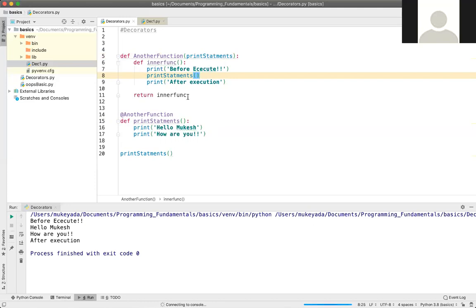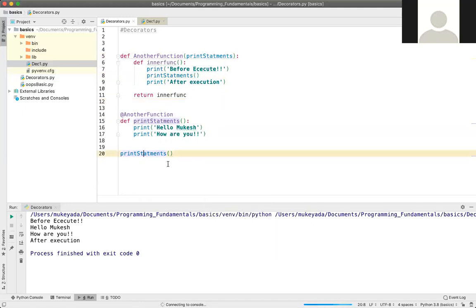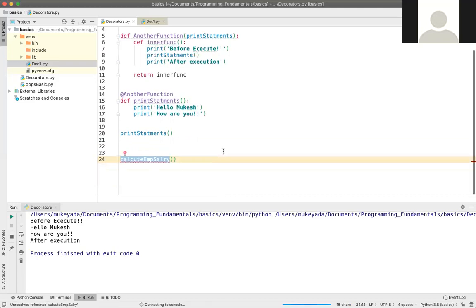So guys, what is the requirement of the decorator? Suppose you are working in a company, within a project, or I can say within a file, there is one method that many team members are working on. For example, suppose there is one method to calculate employee salary, and there are many departments which are using this calculate employee salary method.